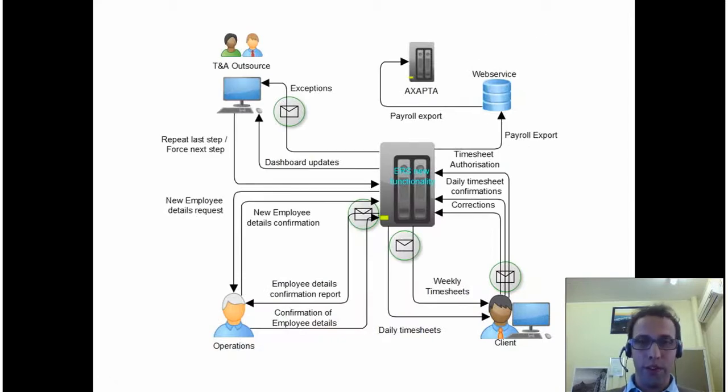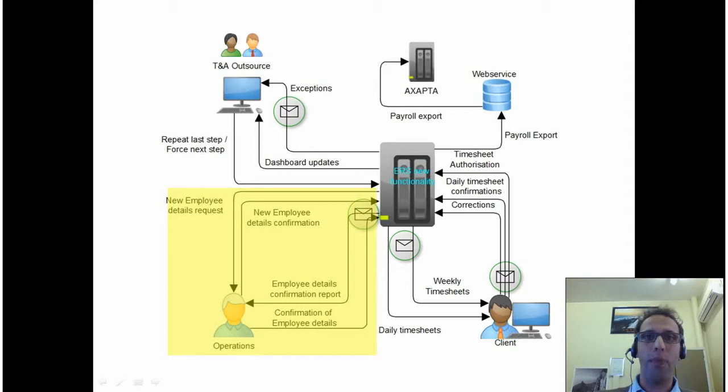So if we look at the overview over here, we're going to be dealing with this section of the workflows, which is new employee details requests and a confirmation of current employee details confirmations. I've noted these notifications to be done by the operations department, noting that it doesn't necessarily mean that it's going to be operations. In some situations it will go to the client. That's if the client requests it, or if operations says that the client is the most suitable person to make these changes. But in most cases it will be operations making these changes,